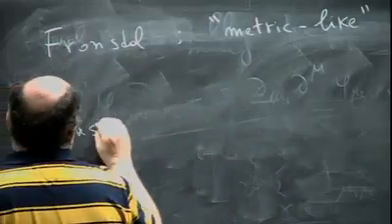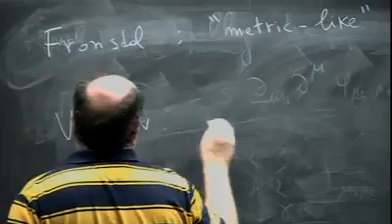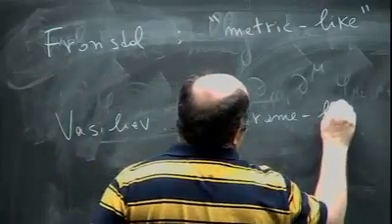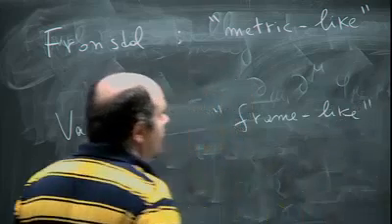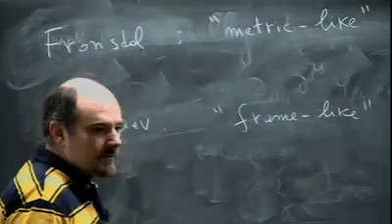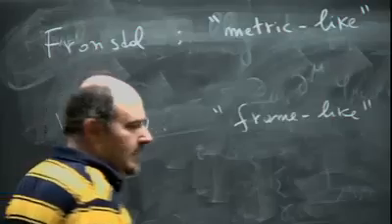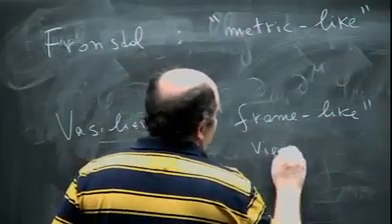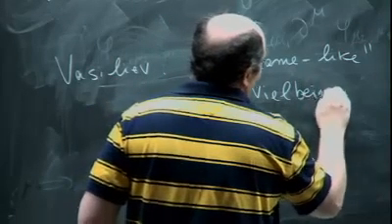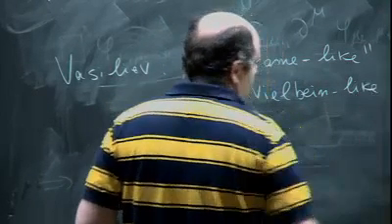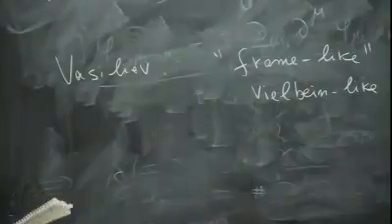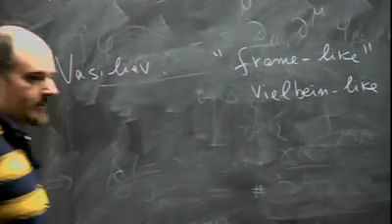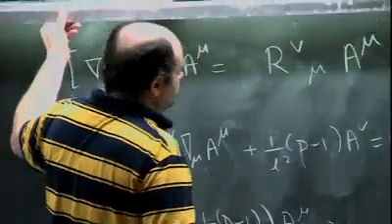The Vasiliev formulation starts with something slightly different, which at the linearized level is equivalent to that, but it's more suitable to write down interactions. It's called frame-like, and you can also call it Vielbein-like if you want. So it starts from generalizing gravity written in terms of Vielbeins instead of metrics. Okay, so